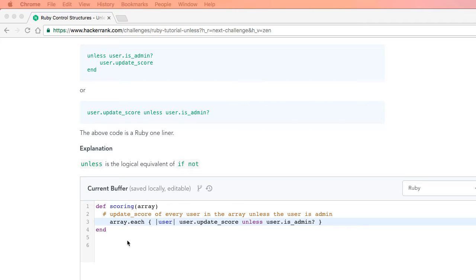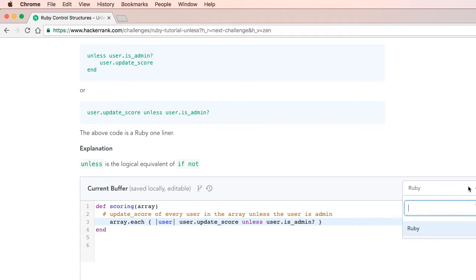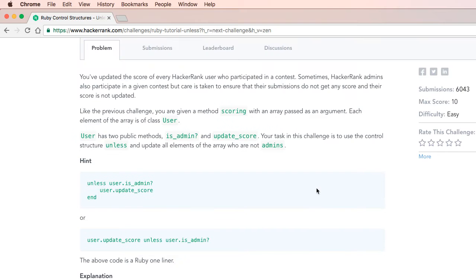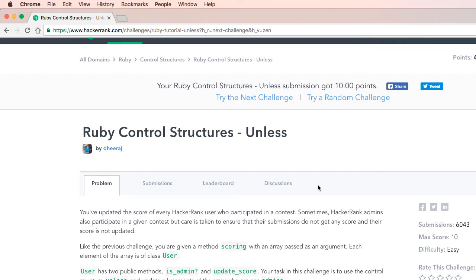What I enjoy more about it is the overall site. You have this nice little text editor down here. Of course, because I'm doing Ruby challenges, I'm locked into the Ruby language. But for a lot of stuff like SQL or the algorithm challenges, I can come in here and select whatever language I feel most comfortable doing that challenge in. And it's overall a nice site. There are definitely some things I don't like about it, but